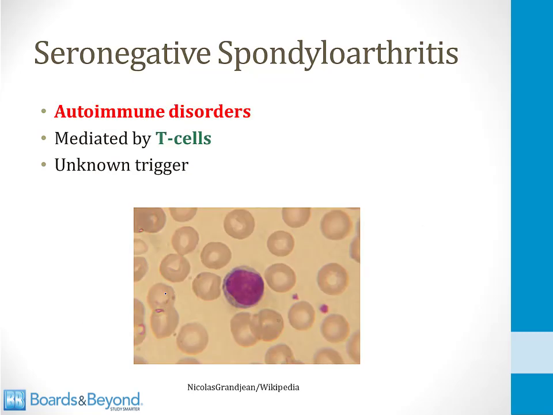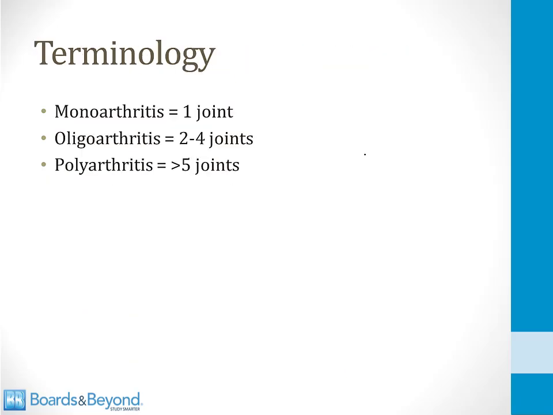All of the seronegative spondyloarthritis disorders are autoimmune conditions. They are all mediated by T cells, like this lymphocyte shown on the screen here, and they have an unknown trigger and unknown cause. Before we talk about the symptoms of these disorders, let me review some terminology. So when we say a patient has a monoarthritis, we mean they have arthritis involving one joint. An oligoarthritis is an arthritis condition involving 2 to 4 joints, and a polyarthritis is an arthritis condition involving 5